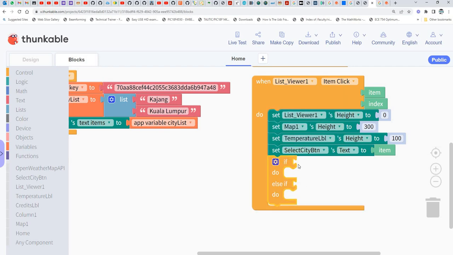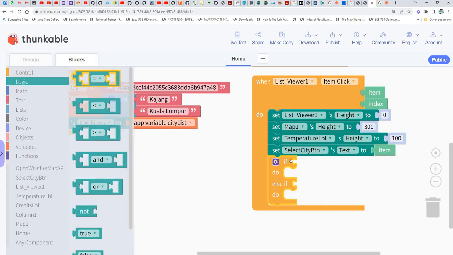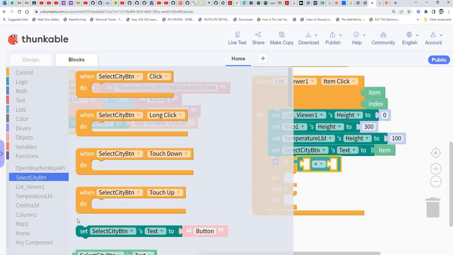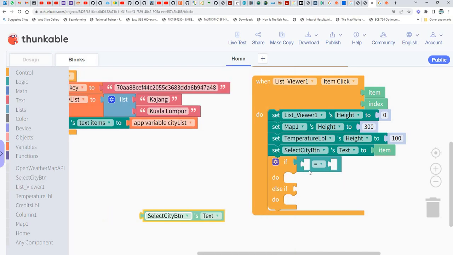So why two? Because we're going to check for two conditions. If the item selected is Kajang, then do this. Else if the item selected is Kuala Lumpur, then do something. So here we're going to use the logic operator. We're going to see whether it's equal or not. So here what we want to check is, we want to see if the selected city button text